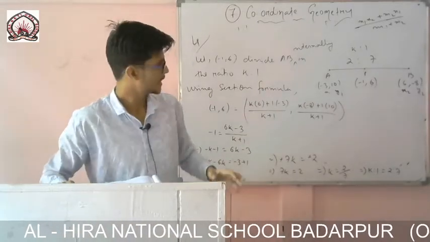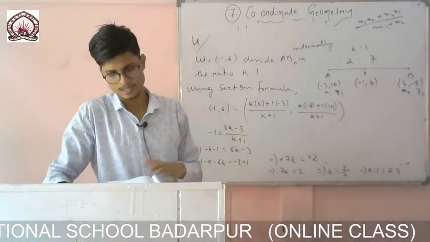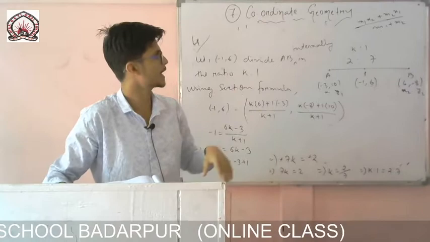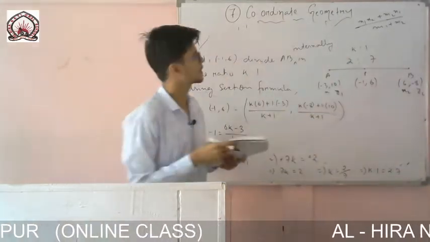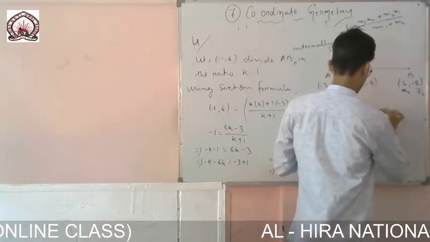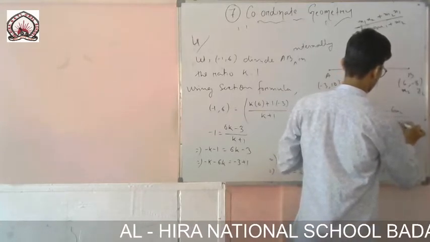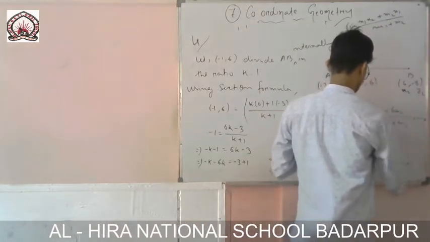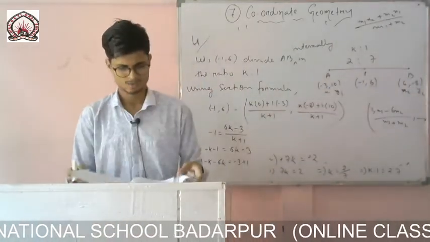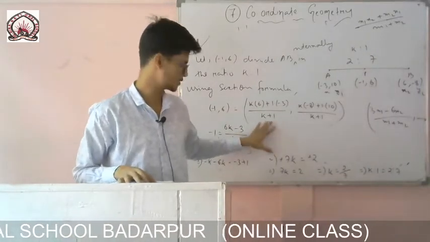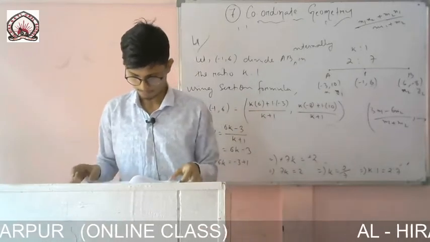You write like this: let this point divide this line in the ratio m1 is to m2. Then you write m1 is to m2 as you normally do, and the equation will come like this. After putting the values, it will come 3m1 minus 6m2 over m1 plus m2. Another coordinate you will get like this. Then again you relate it as we have done, and you will find the values one by one, okay. So it's up to you, but this method is actually very easy. Directly, in just a few lines, we have done it very easily. So you try to follow this one.